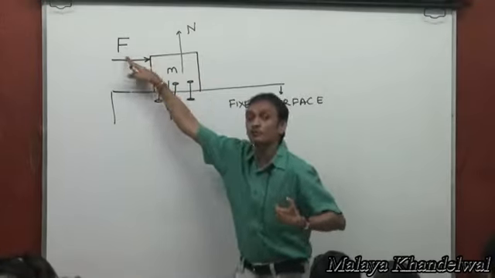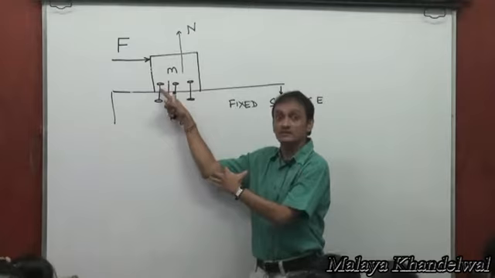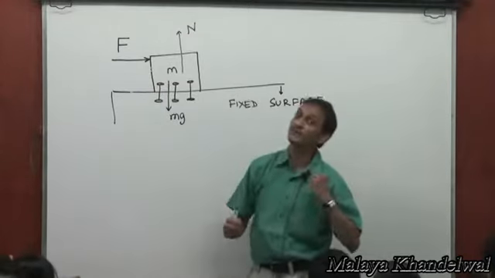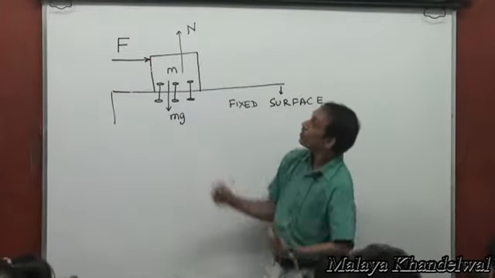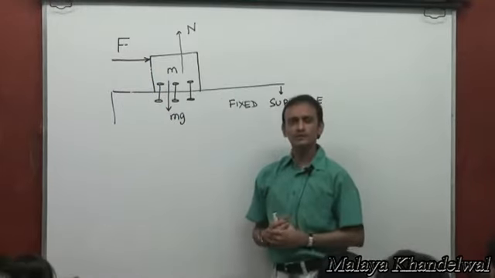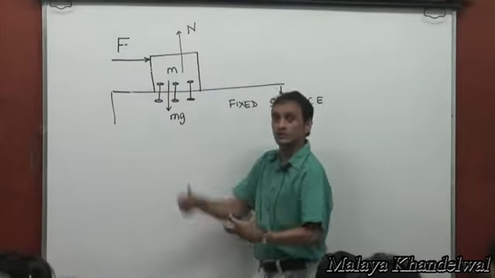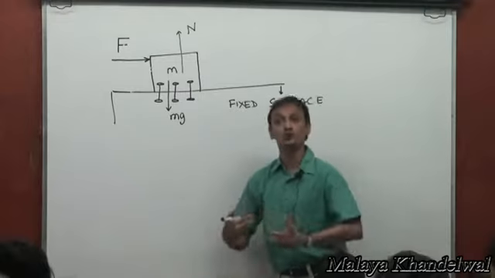For example, now if you apply a force F equal to 1 newton, then these pins apply an equal and opposite force equal to 1 newton, again preventing M from having any relative motion on the fixed surface. Go on increasing F, then the resistance offered by these pins that's going to prevent relative motion between the two surfaces would go on increasing,